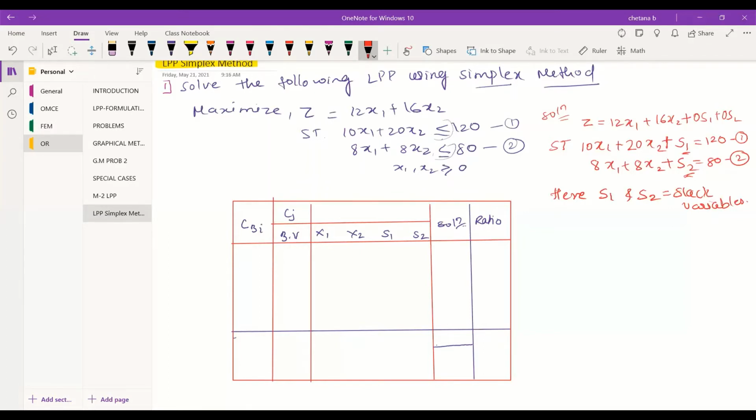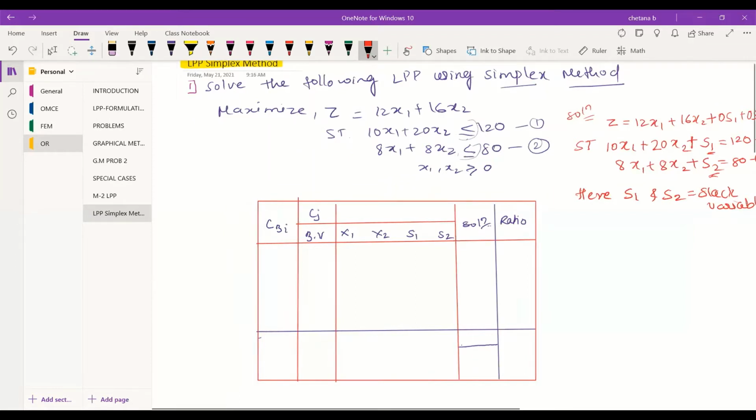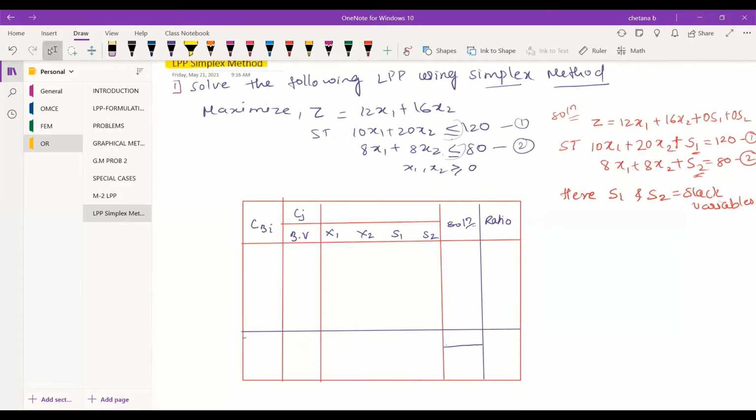Okay, ma'am. Now coming to the first table, which we call the initial simplex table. Let me explain only the objective function here.